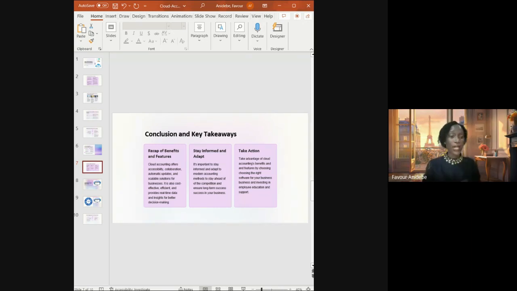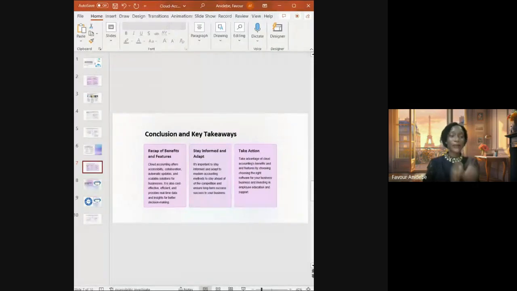I'm very sure that with the rapid change in technology, a time would come where we will not even really need an accounting software. Probably there's just going to be a robot that does the work, right? But in spite of whatever the change is going to be, just be rest assured that as an accountant, your job cannot really go extinct, because nobody would be able to think like an accountant. A robot may not be able to analyze the situation from a broader perspective in order to make accurate financial